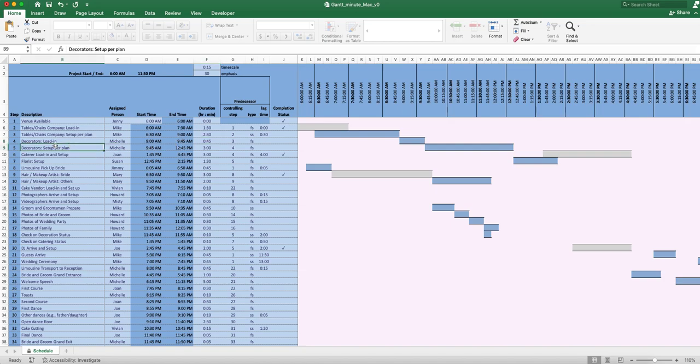she can start step number 5, which is setting up per the plan for all of the decorations. So she can start at exactly 9:45, and then it's going to take her about 3 hours in order to do that. So now we're putting about 12:45 here, and then